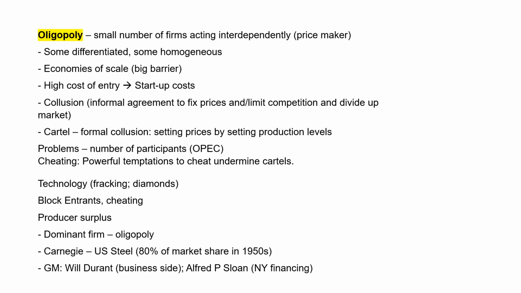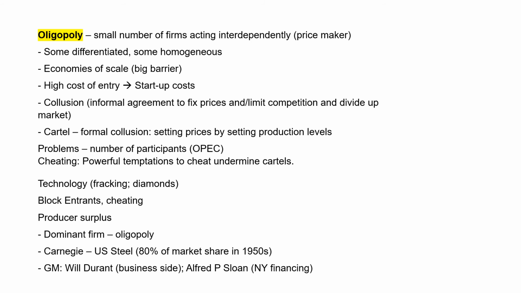With diamonds, an example of the technology is being able to actually create diamonds artificially, and they're absolutely perfect diamonds. That's one of the reasons that you know it's a manufactured diamond, is that there are no imperfections. Beyond that, at any rate, you get the idea. It's tough to block entrance, or you can block people from coming in, but ultimately you end up dealing with cheating and so on and so forth.